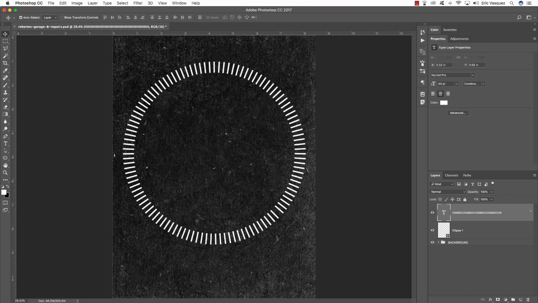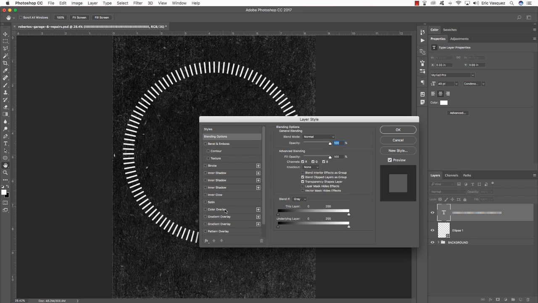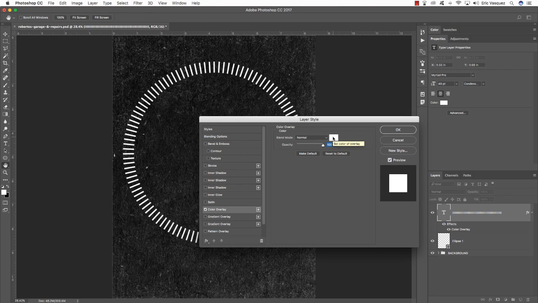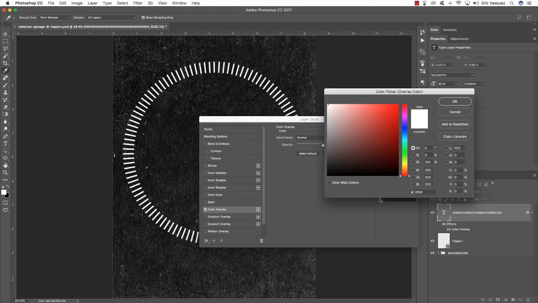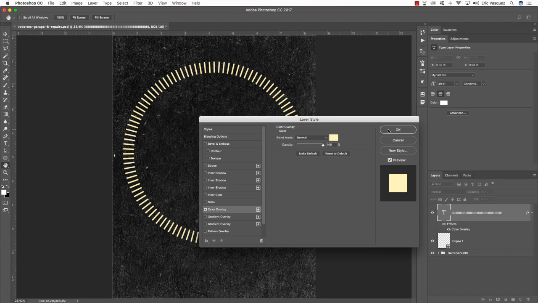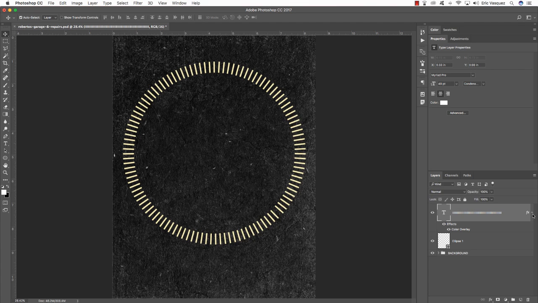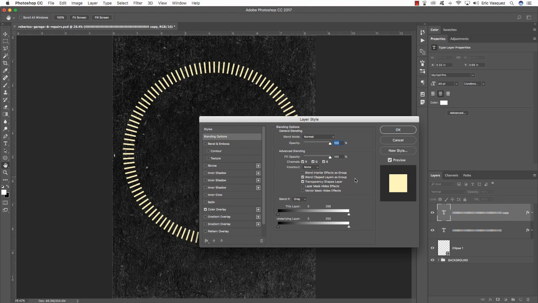Alright, so from here what I'm going to do is double click on the layer and once again check off the color overlay option. Click in it here and let's just go ahead and change the value to FFF6B7, which is this nice kind of off-white cream color, and then go ahead and hit OK. Now select the layer and press Command J to make a copy. Double click it once again,